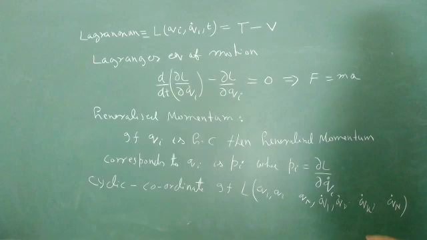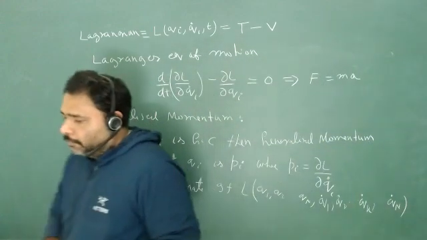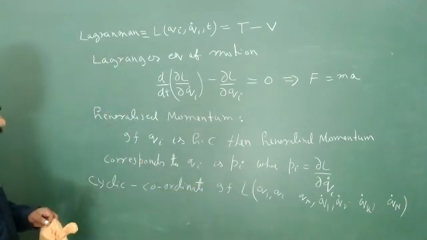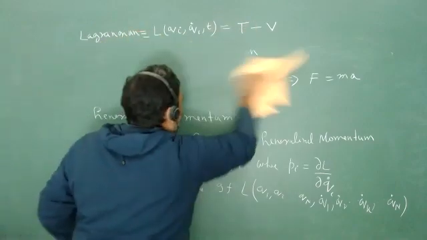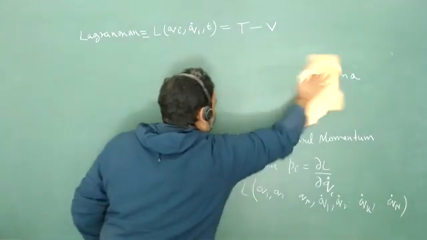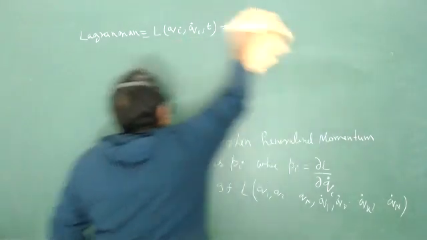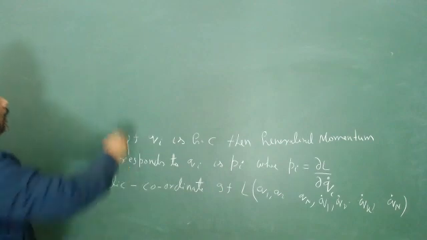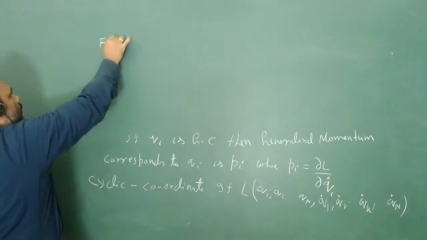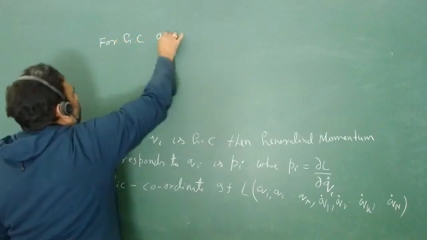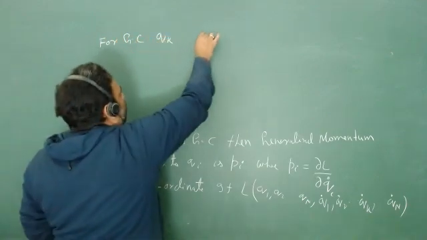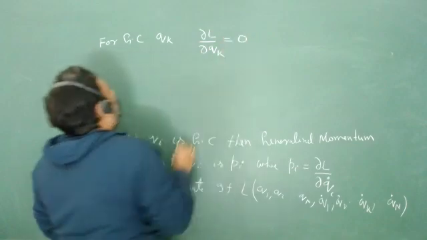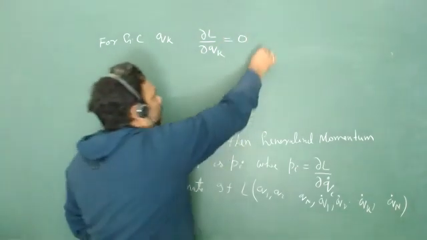Suppose this is the form of the Lagrangian. Now for generalized coordinate qk, if del L upon del qk is equal to 0, that means